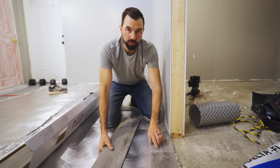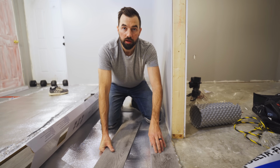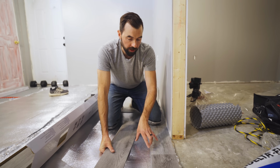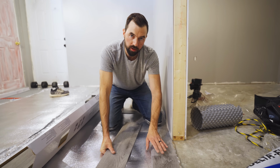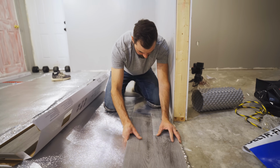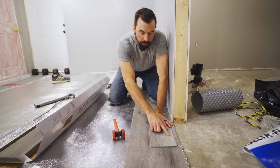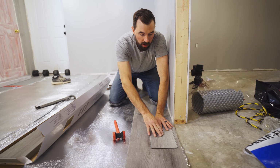When you're installing the first course, it's a little bit difficult to actually get these butt joints to lock together. So you pretty much need to install 2 runs and then come back and lock this butt joint into place. So I'm gonna go ahead and tap this joint into place and lock the 2 pieces together, but you're gonna